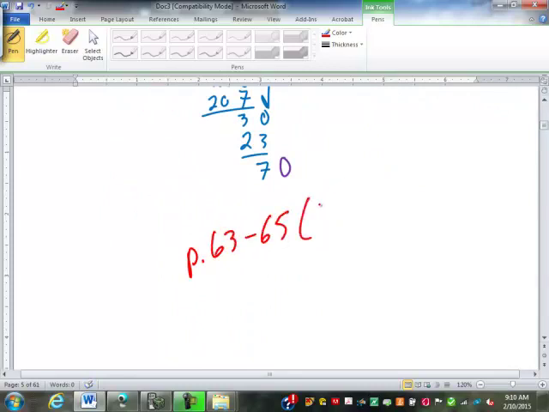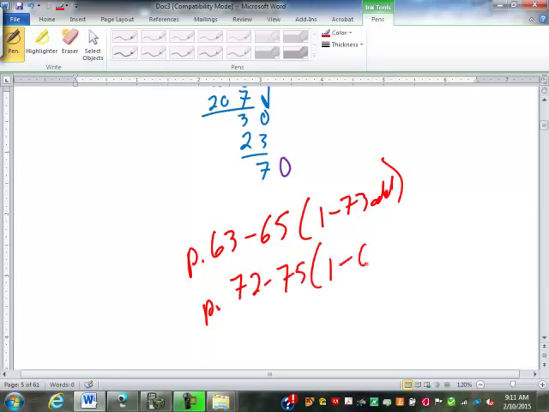So on page 63 through 65, there's 1 through 73, the odd. And then on page 72 through 75, 1 through 67, the